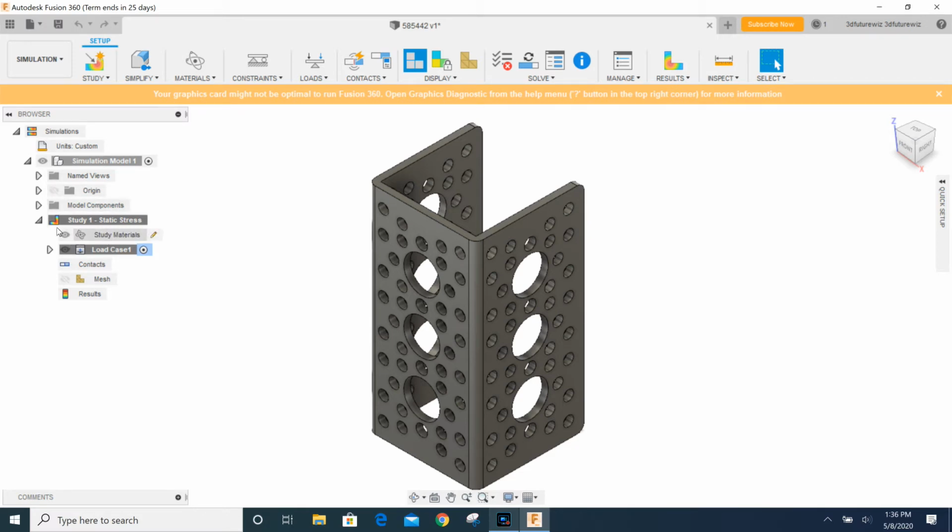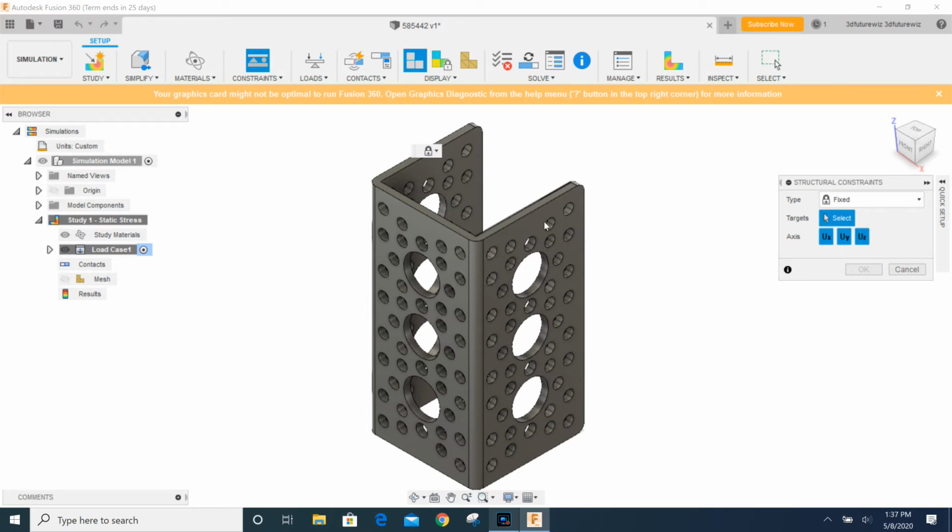So in your left-hand column, you see info about your part, study materials, load. A lot of this stuff you don't really have to worry about, but just know it's there, and with more advanced parts, you may need to do some manipulating with these settings. But for what we're doing right now, first thing you're going to do is hit structural constraint, just this top